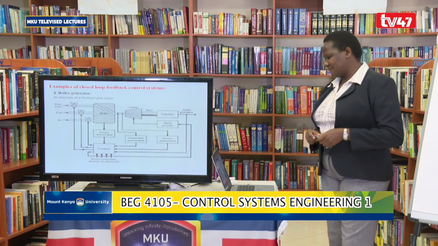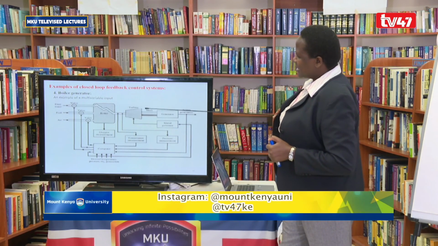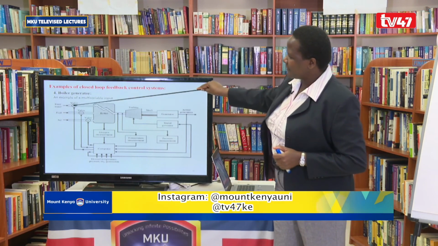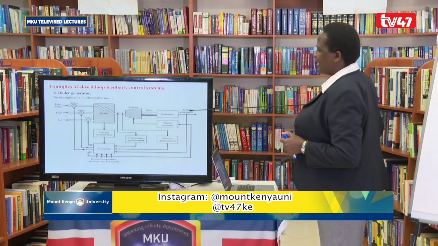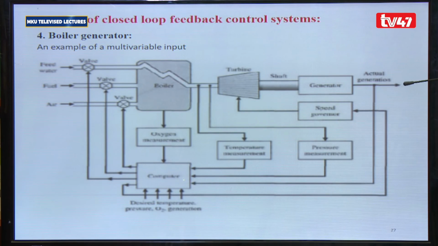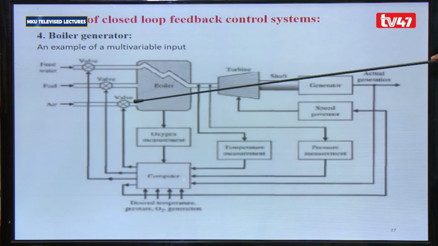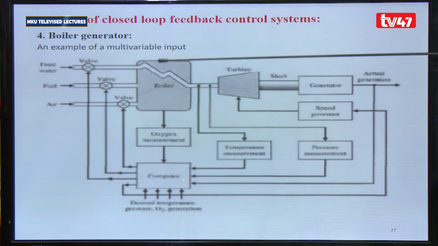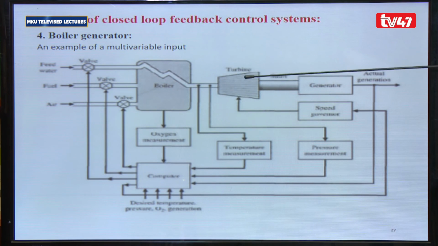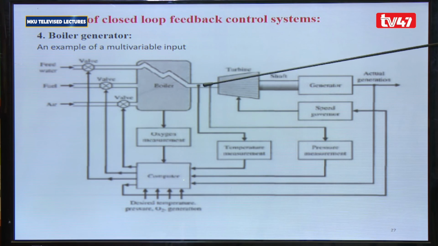Then we also have another example of a boiler. In boiler, it's a bit complicated because you have several inputs and you have output. This is just the generation. You are trying to feed in some water. You feed in fuel. Then there's the valve for air. You also feed in air. Now, depending on whatever is here, the output will have to get the steam as the output, which is